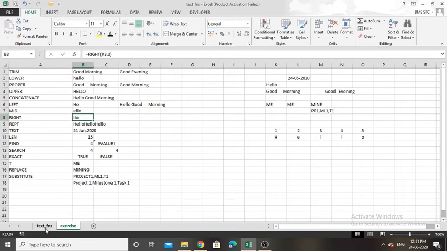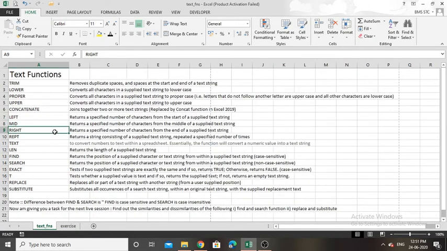So let's move on to the next function, right. Right returns a specified number of characters from the end of a supplied text string. So it is just entirely opposite of left function, where left returns the starting and right returns the ending.